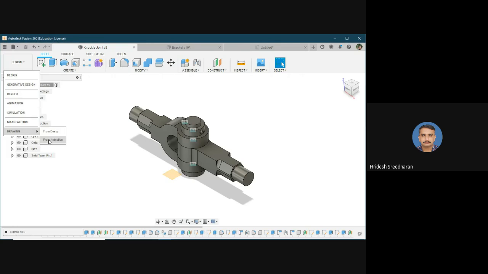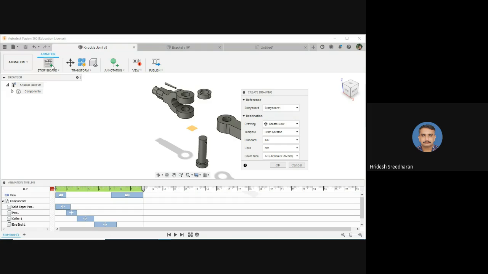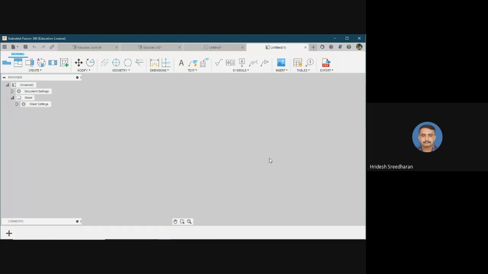design, drawing, from animation you have to take. Then you can create multiple storyboards if you want to do the animation in multiple exploded ways, in one level up, two levels, etc. You can create more storyboards and more animations, and then go to the drawing section.